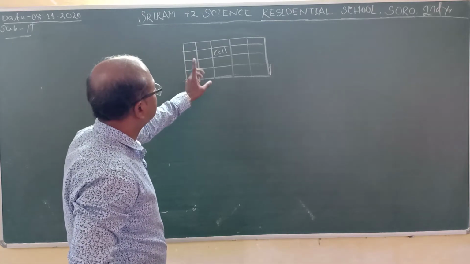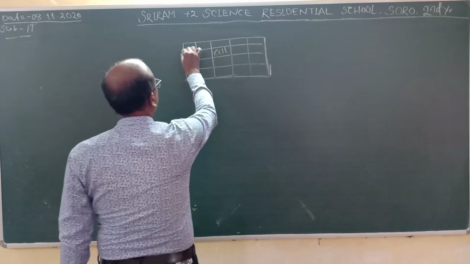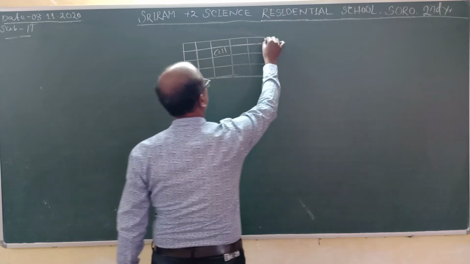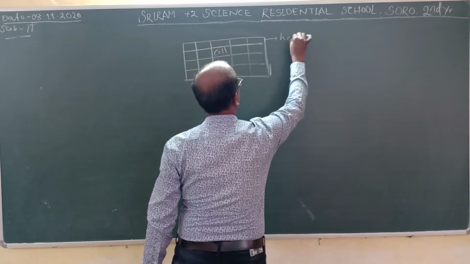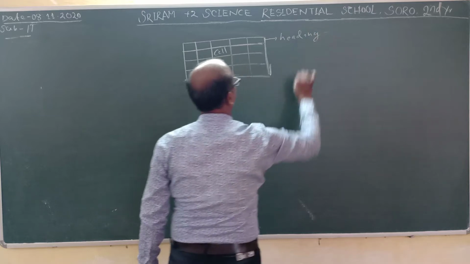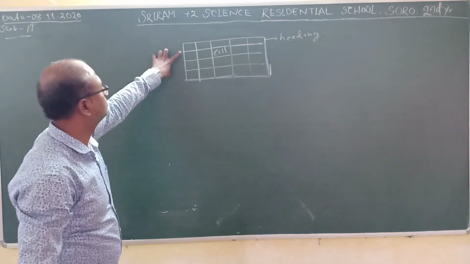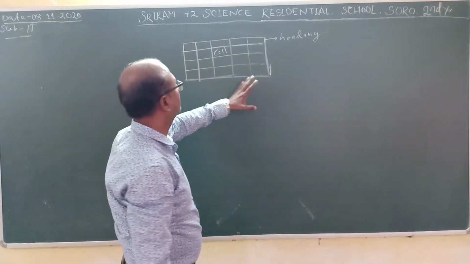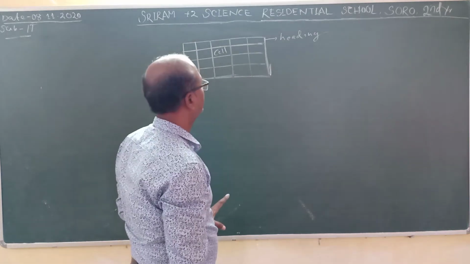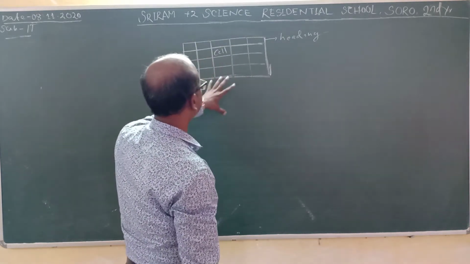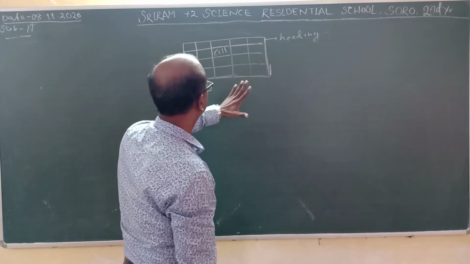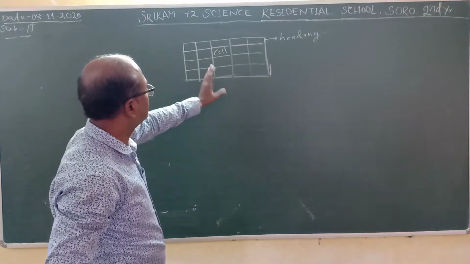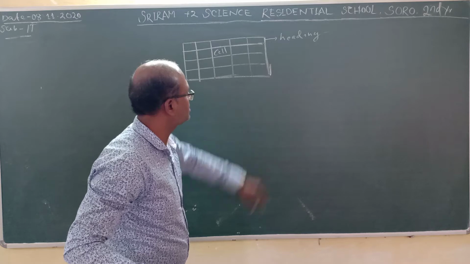Students, in this table, the topmost row of the table is known as the header section or heading. The topmost row of the table is known as the heading, and this heading contains the header cells. There are multiple cells, you can see here. Already I told you that the cell is the intersection of a row and a column. So that's why you can see here there are multiple cells.